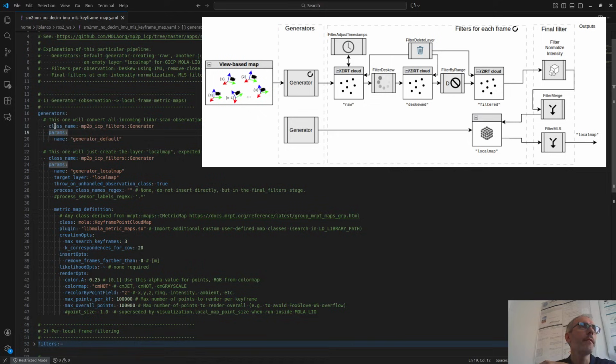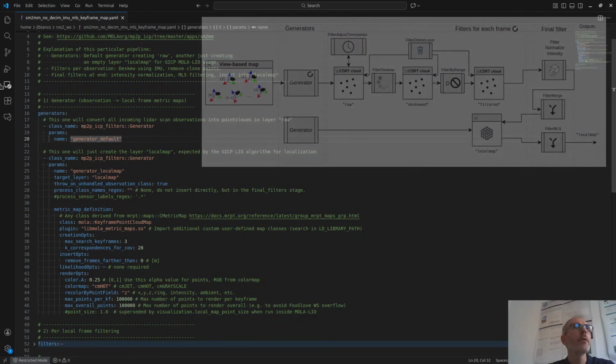But basically you have the default generator, which is called just generator, with no parameters. This is just a name, for knowing that this is the default one. And this one is in charge of taking the point cloud observations and creating a first layer into the map, which is called raw.